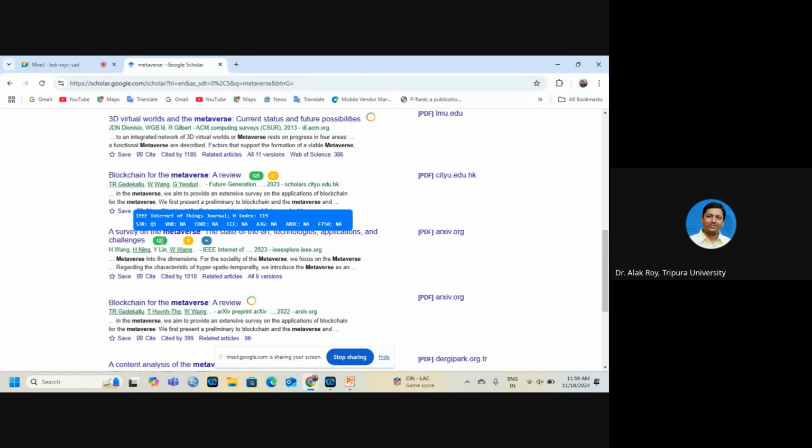So SLR भी आजकल एक पैटर्न हो गया, systematic literature review या bibliometric analysis या meta analysis, ये सब भी एक पैटर्न हो गया है. तो जब भी तुम वो कर रहे हो, तो ये जो काम होता है वो तुम्हें अपनी लिटरेचर के लिए भी मदद करता है. It helps you for your literature searching also. So when you have this ranking with you, you will be able to understand which literature I should consider for my base, which articles I should study more, so that this can give me some very good ideas.